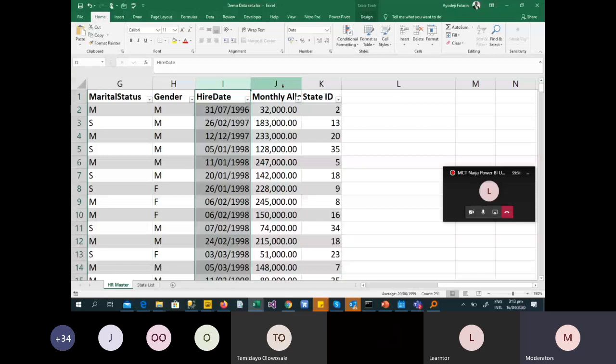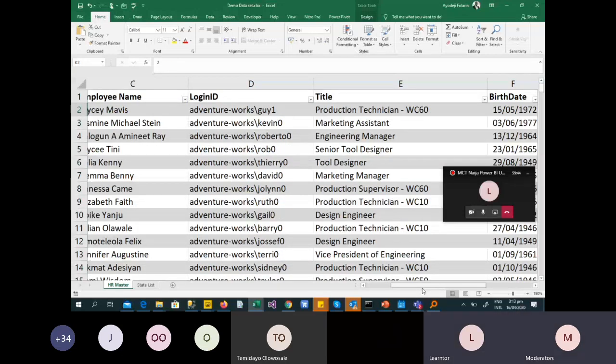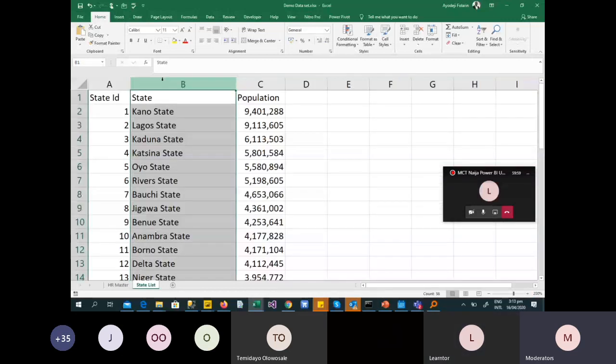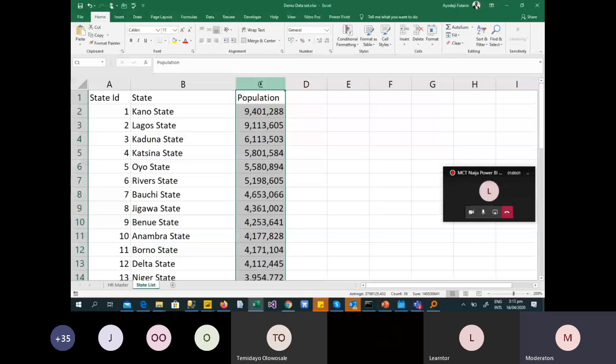worksheet. We have the state ID. Let me zoom closer for us to see. We have the state ID, the state, and the population. So this is another data set that is just giving us information about the state. I downloaded this from Wikipedia just now, just for the sake of this training, and I manipulated the database for us to use. Now, the question is this: if I'm given this data set as the head of HR, and